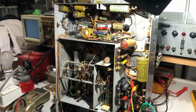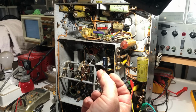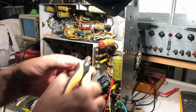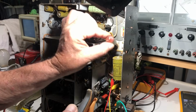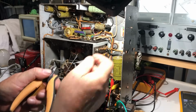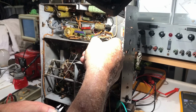Unfortunately, I could only get radial ones, but they'll do the job. And then what I think is I'll plug in the preamp detector valve and see if we've got audio through that as well. So first this one, remembering that the red is positive and it's facing out towards the bottom of the chassis, and I'll clip it there. I'm leaving the leads a bit long because I'll probably do a pigtail to attach those